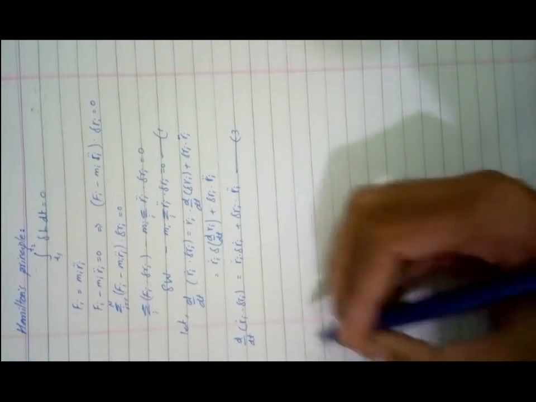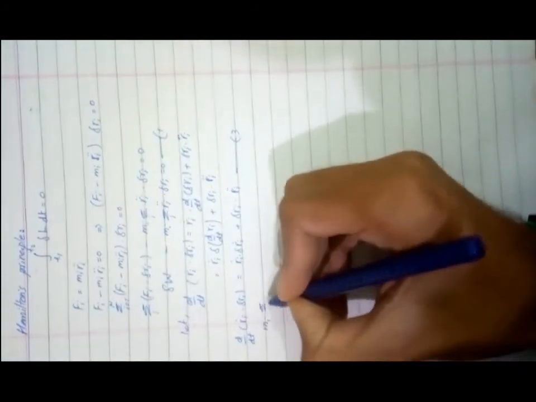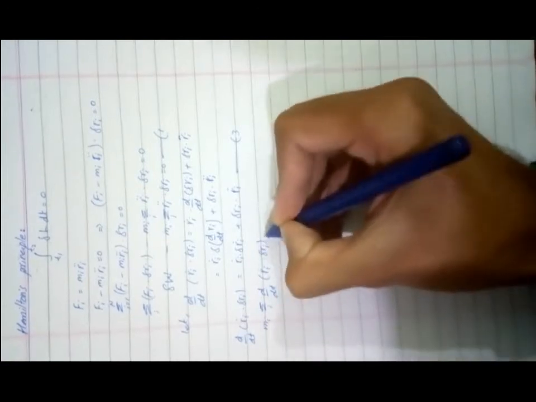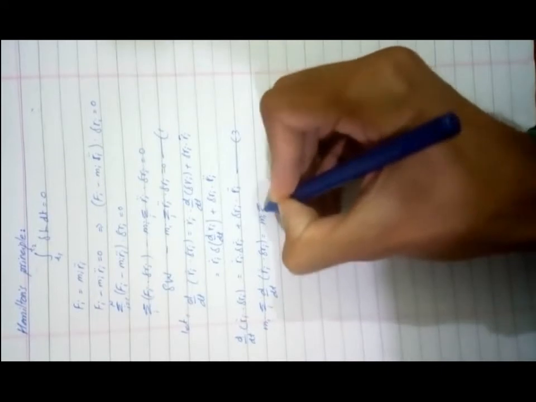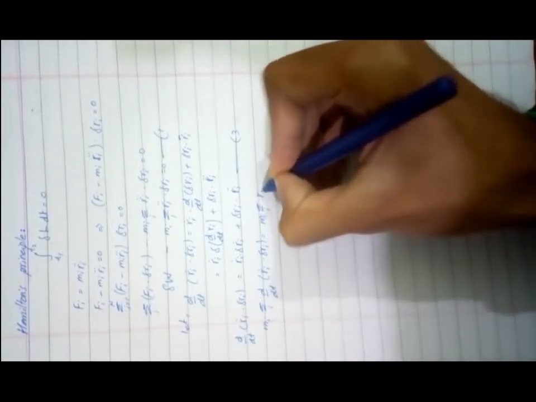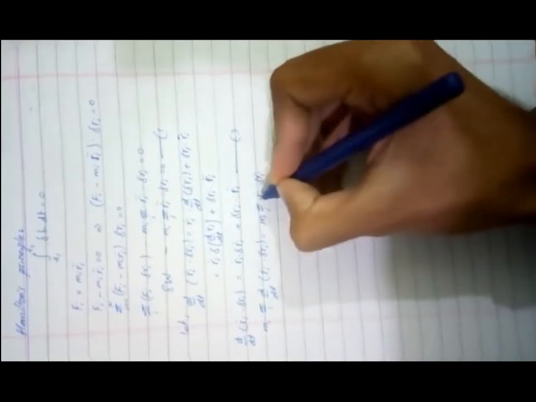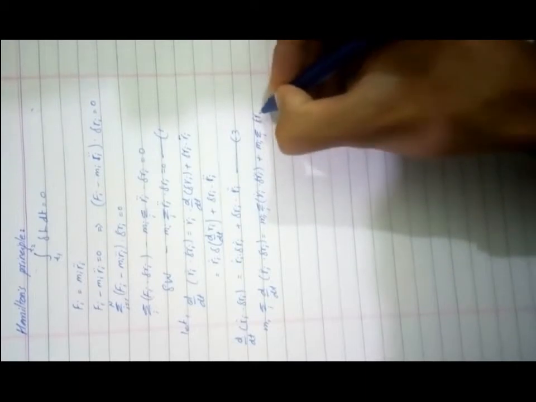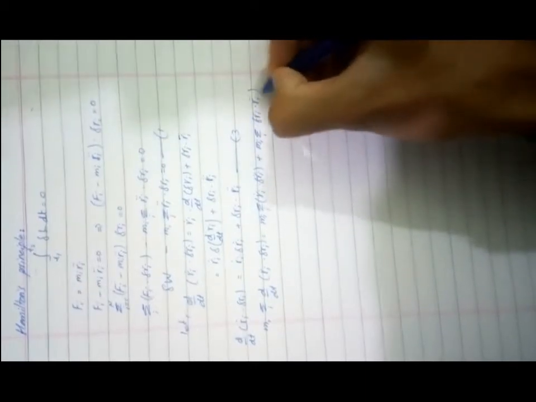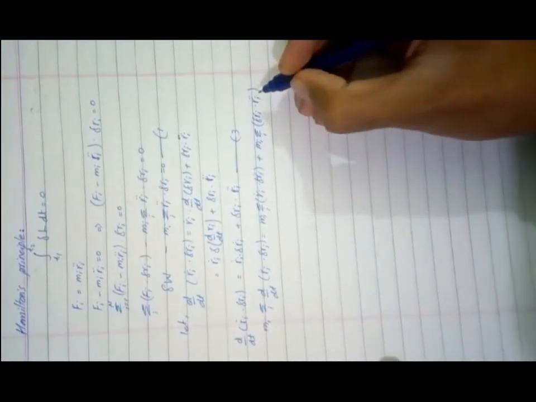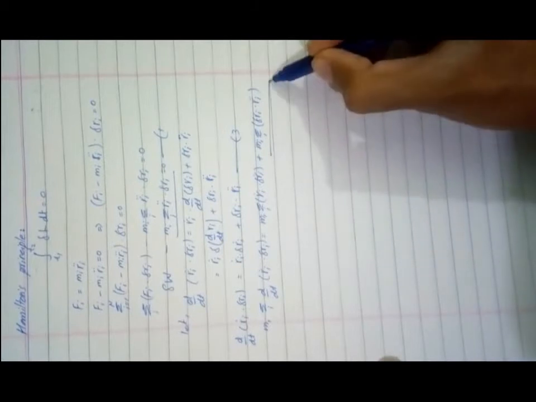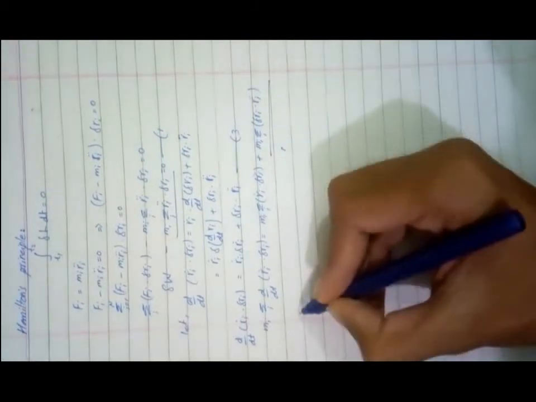Multiplying by mi and taking summation on both sides, we have summation i mi d over dt (ri dot dot del ri) equals summation i mi ri dot del ri dot plus summation i mi del ri dot ri double dot. Here we will see this equation is same as the earlier equation, so this term can be written as